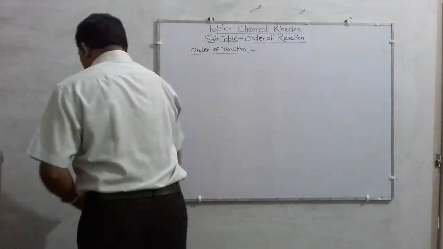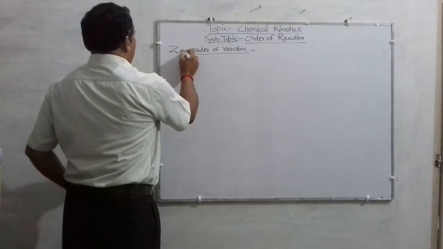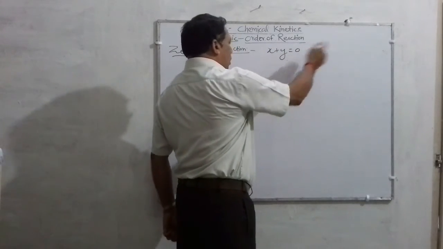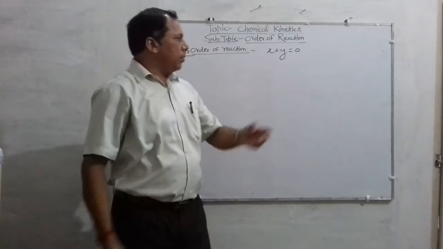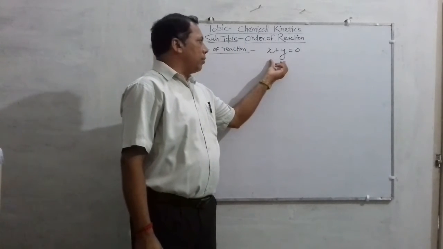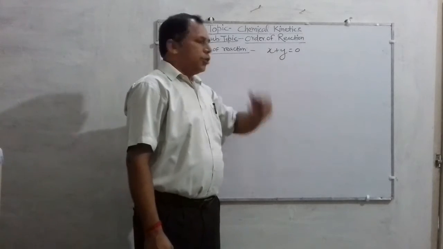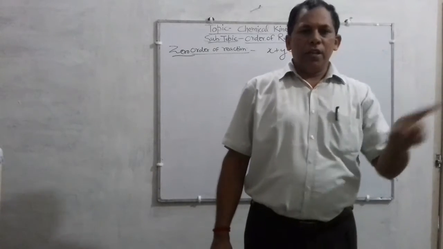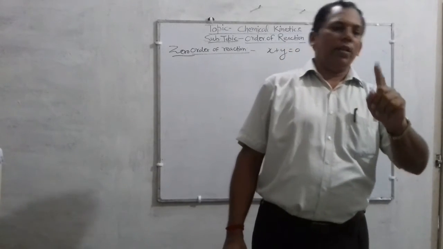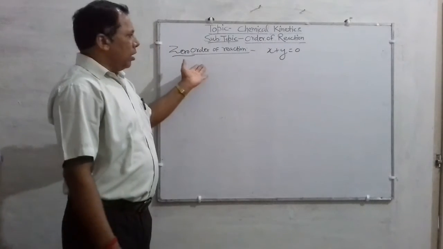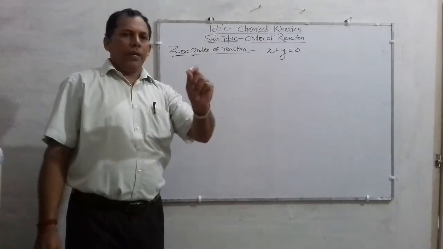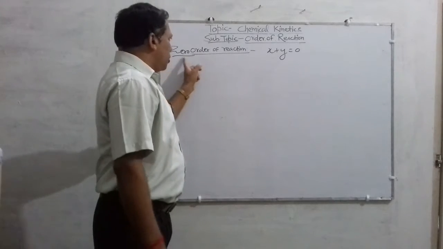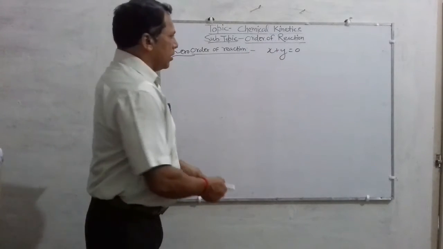So, what is zero order reaction? On the basis of definition, according to the rate law expression, if the sum of the powers of the exponents of the concentration terms becomes 0, it means the reaction in which the rate of reaction doesn't depend upon the concentration of the reactant. Listen, the reaction in which the rate of reaction doesn't depend upon the concentration of the reactant is called zero order reaction. For example,